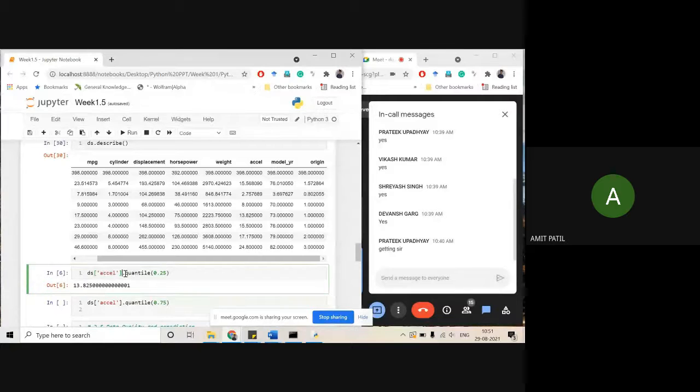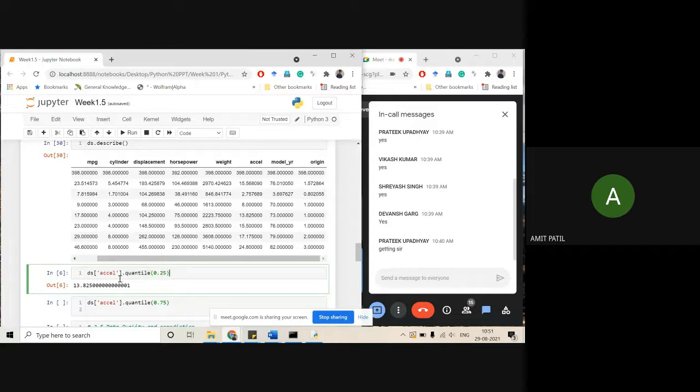And then dot. As we discussed earlier, the numpy array and data frame have different syntax for operations.